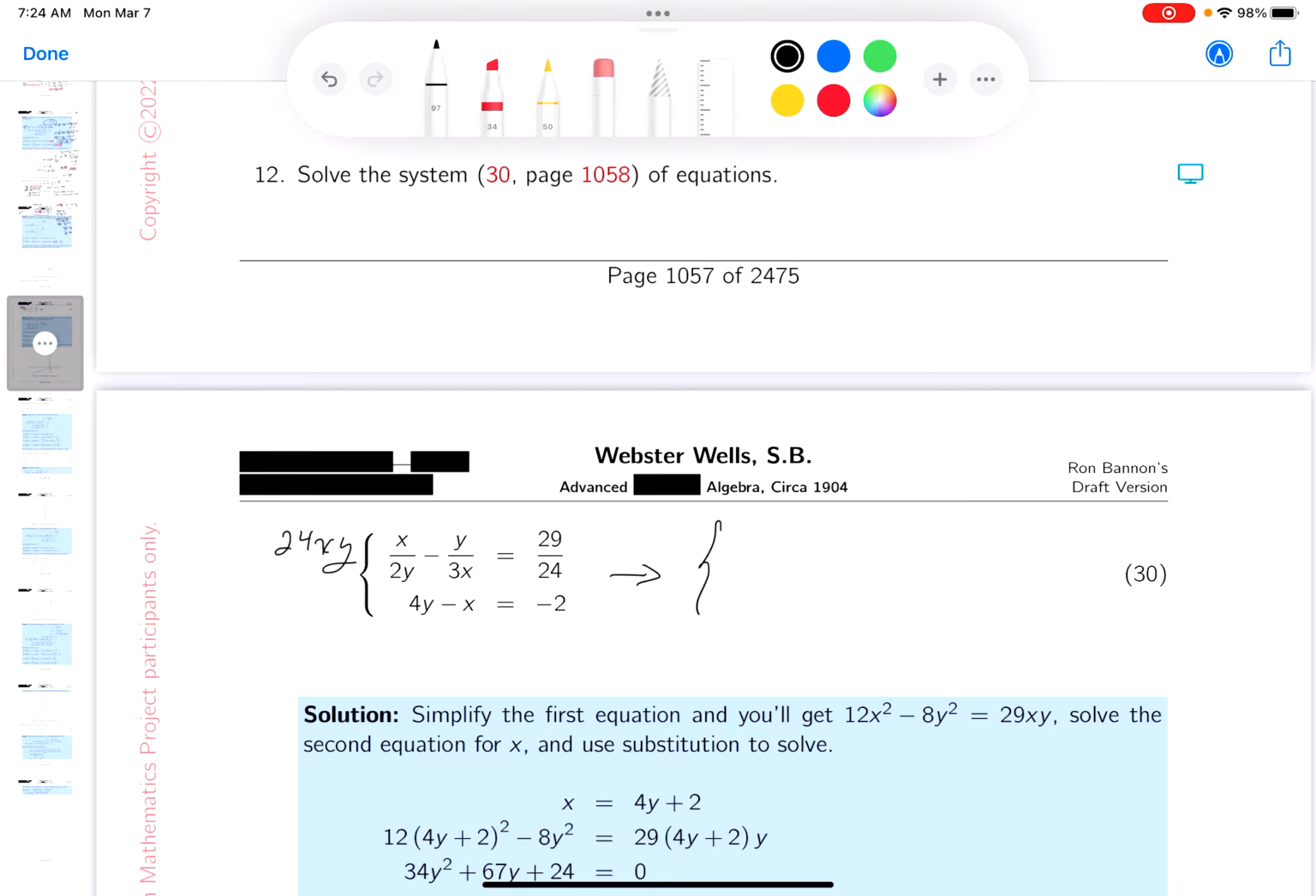And if you did that, what would you get? Well, you get 12x squared, minus 8y squared, and they get 29xy. The next thing I would do is I'd solve the second equation for x. And what you get is 4y plus 2 is equal to x. Then what I would do, wherever I see x in the first equation,